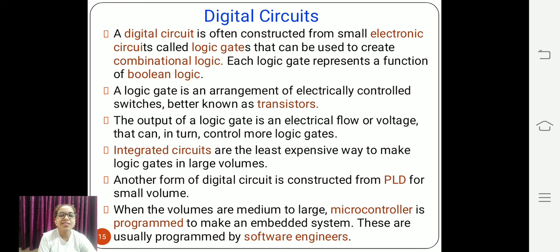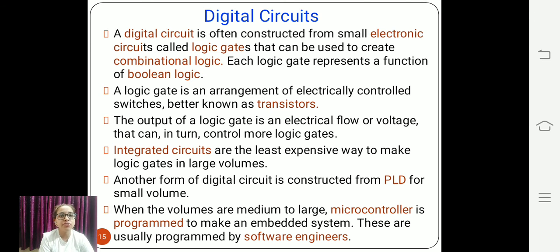Today we are going to discuss digital circuits. In the first chapter, Introduction of Digital Electronics, we already studied the main difference between analog and digital circuits, what an analog circuit and signal is, what a digital signal is, and again the difference between both. After that we discussed the benefits of digital over analog, the disadvantages or drawbacks, how this is made, the transistor functionality, and the IC gates functionality. So according to that, today we will discuss digital circuits.